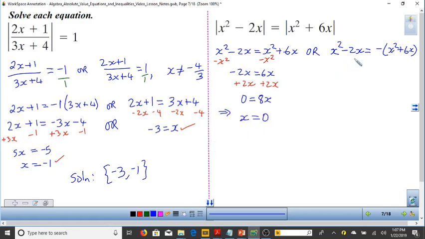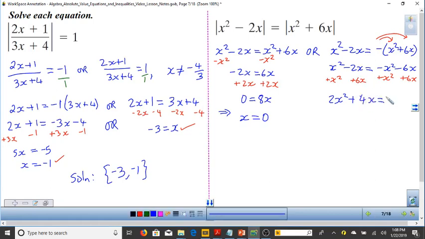On the other side, we distribute the negative into the parentheses. So we'll have negative x squared minus 6x. So we end up with negative x squared minus 6x, which of course now we have a quadratic equation. We can add x squared to both sides and add 6x to both sides. And when we do that, we have 2x squared plus 4x